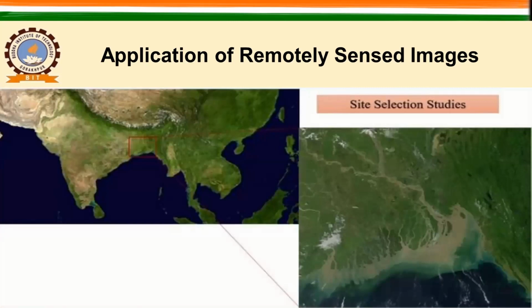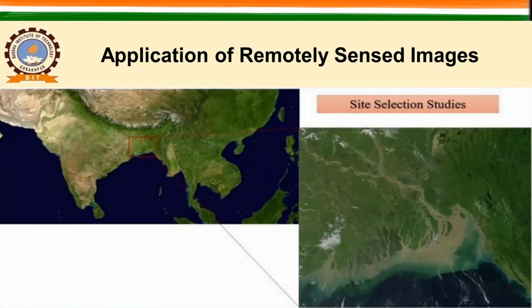For that you can definitely use remotely sensed data, right? If you literally want to build a new house or a new mall, you can definitely use the remotely sensed data. This is what the site selection study slide says.